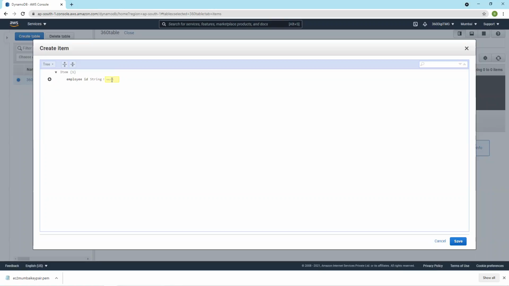Employee ID, let us say employee ID, and insert one more string.